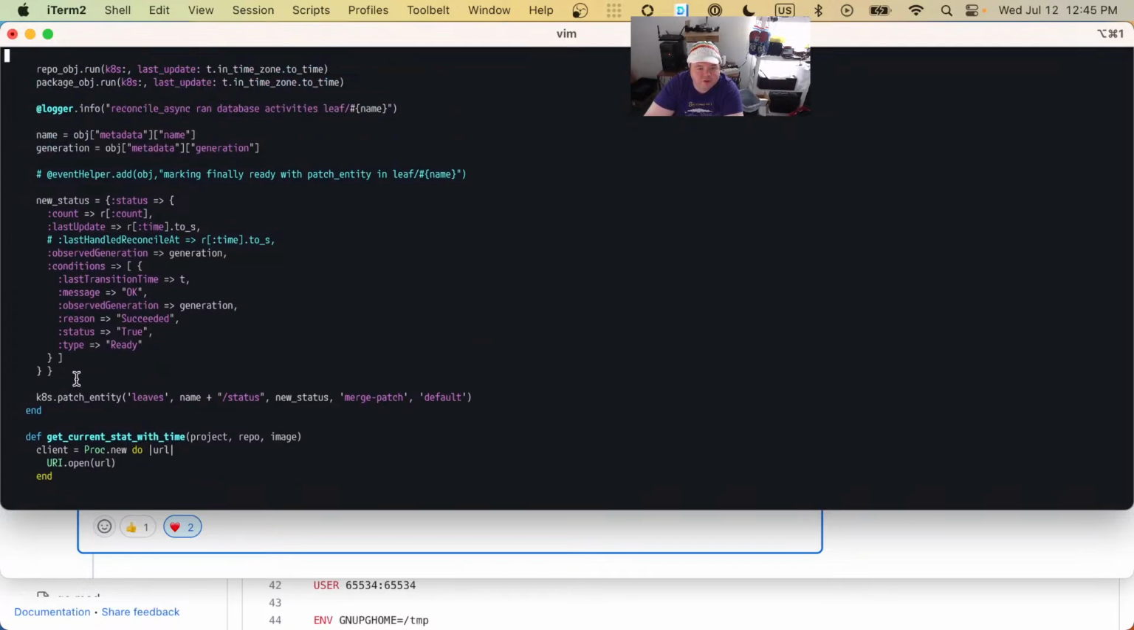This one, we patch our own entity to say, all right, we're ready now. We've got the value that you've been waiting for. Here it is. Patch it in the status, and that value is this count and the update time, and then the condition that everything is okay. So if we go back to our leaf reconciler,